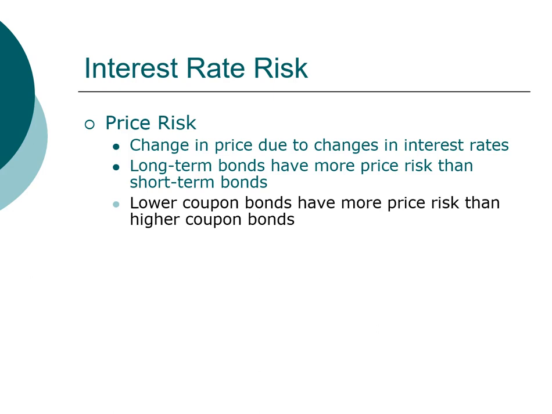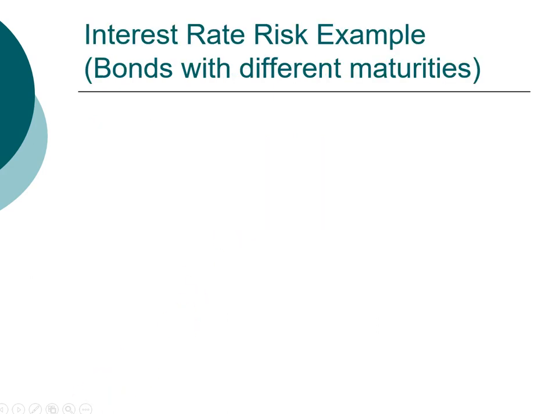What we want to do next is to look at a couple of examples to demonstrate in numbers that, yes, indeed, bonds that have longer maturity have greater price risk, and that bonds with lower coupon also have a greater price risk. In this example, we're going to look at two bonds, and these two bonds have different maturity. So the first bond